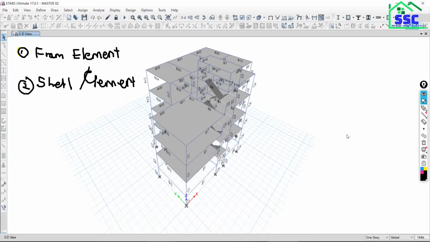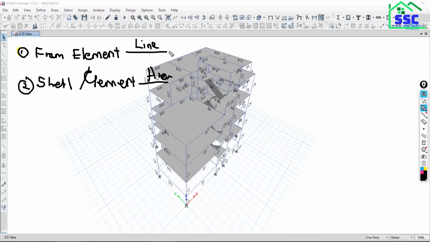Can anyone tell me which member comes under the frame element and which under the shell element? Frame element means line element. Frame element is actually a line element and shell element is actually an area element.